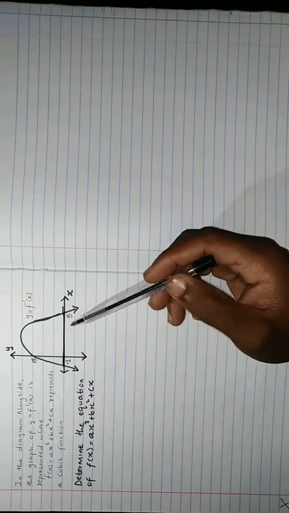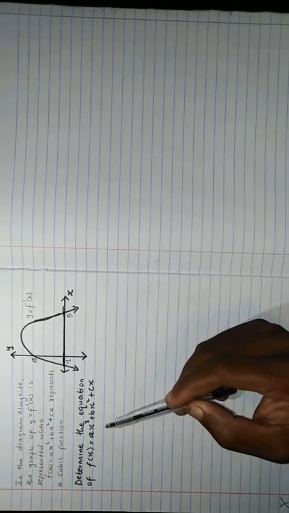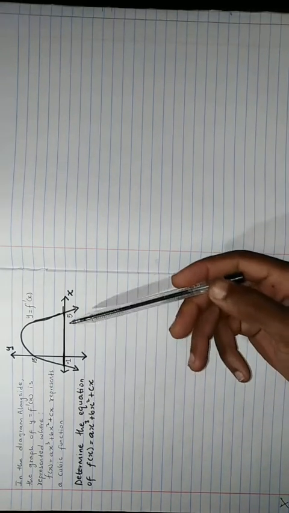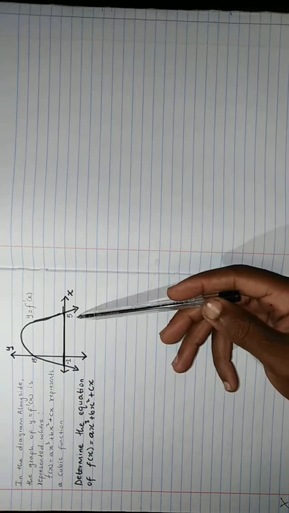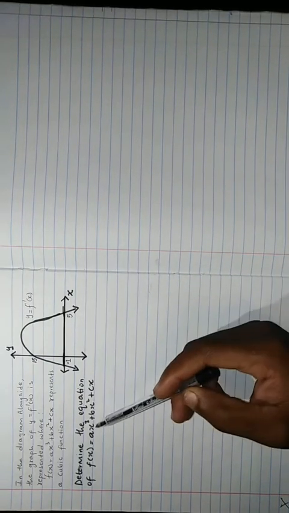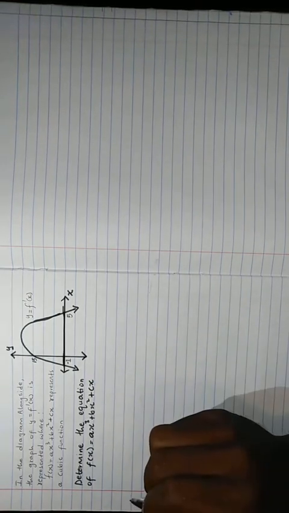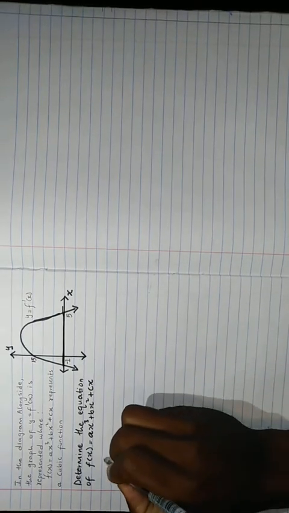So we are going to use this diagram to get the equation of the cubic function. But first we are going to get the equation of the parabola function, which will lead us to the equation of the cubic function. So now to find the equation of the parabola, we are going to use